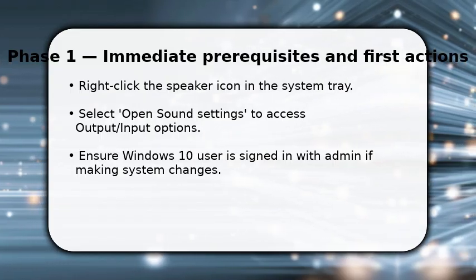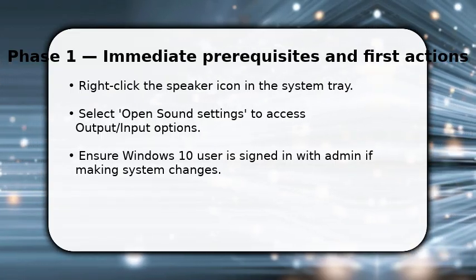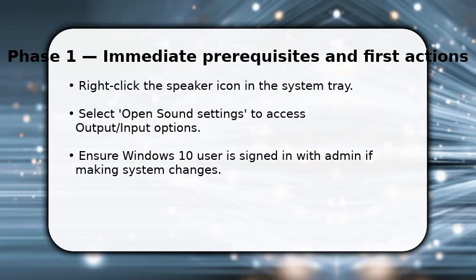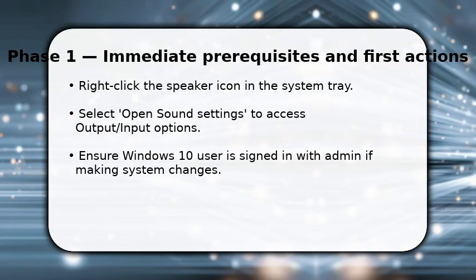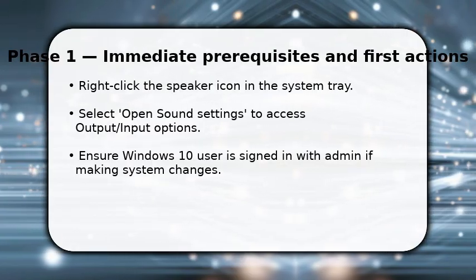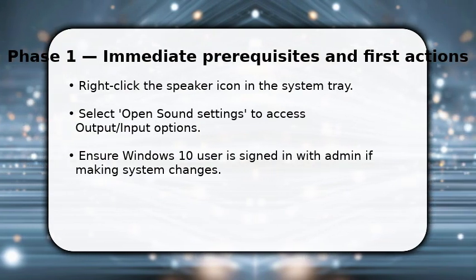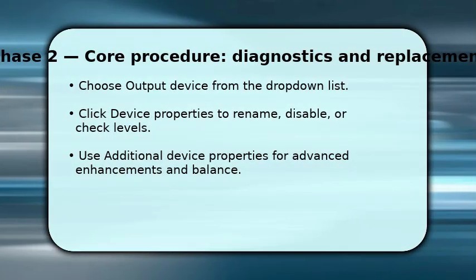Make sure the device you want to change is physically connected and powered on, and that you are signed into your Windows 10 account. Once done, glance at the Output drop-down so you can confirm which speaker or headset you will adjust next. Now choose the output device from the drop-down and click Device Properties to get into more detailed